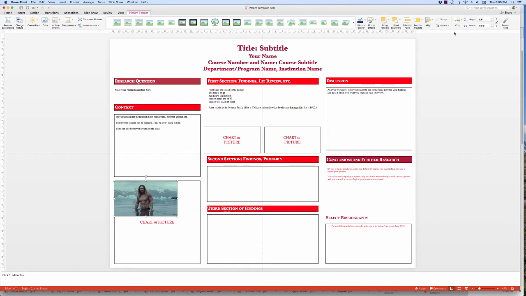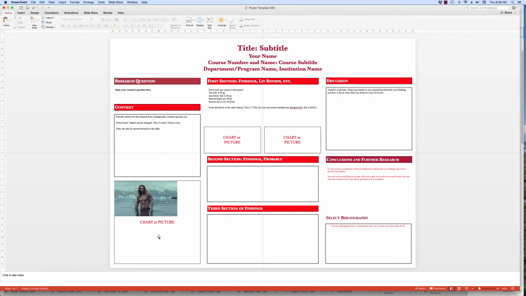You don't want to get too fussy with it right away, but you can absolutely do some creative effects with these things. So say I'm doing something on objectification of the male body or something like that. I would want to go and find other pictures that kind of fit with this general theme and include them maybe down in the lower right corner of this, so I get kind of a sense of balance. And then I would make the wireframe around the chart or picture box go away